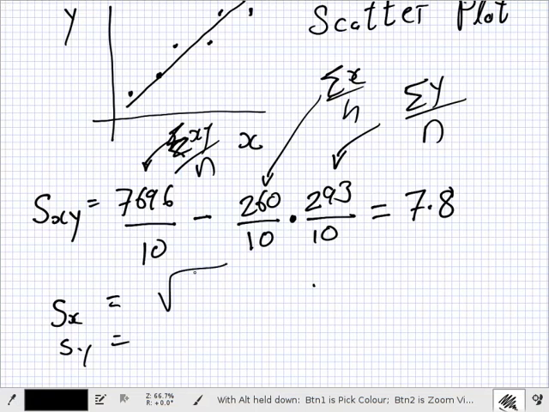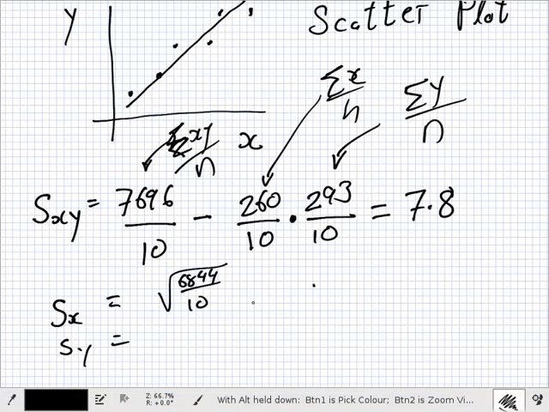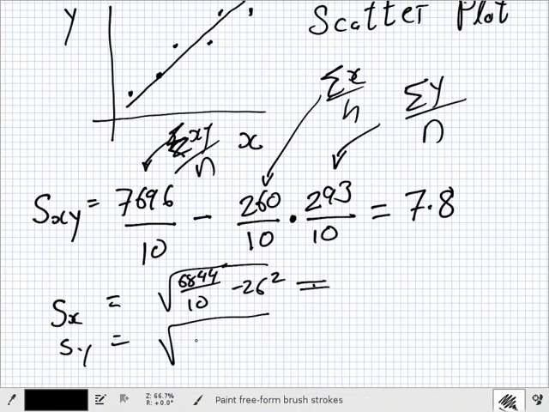So that's square root of 6844 over 10 minus this I now know. What did I say? It was 26, wasn't it? Minus 26 squared. And then the other one will be just with the y, I guess. What's that? 293. No, it's not. What is it? 8682 over 10 minus